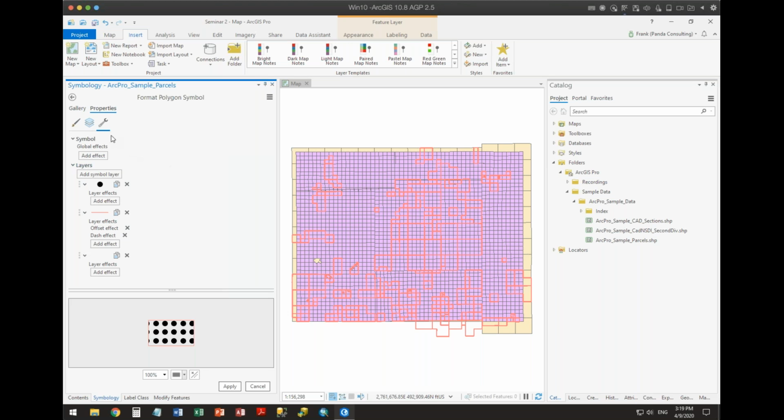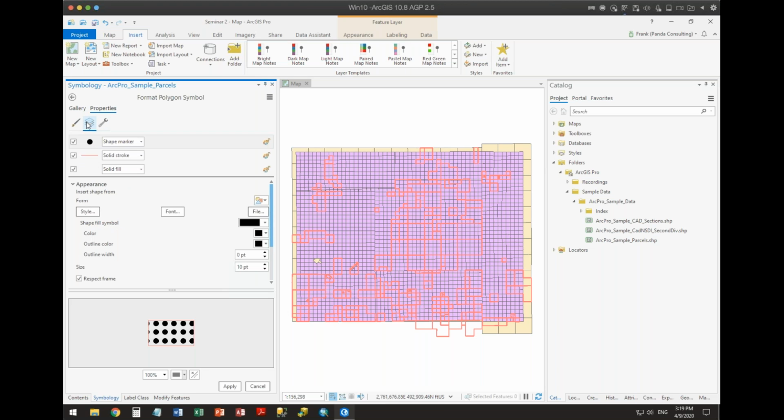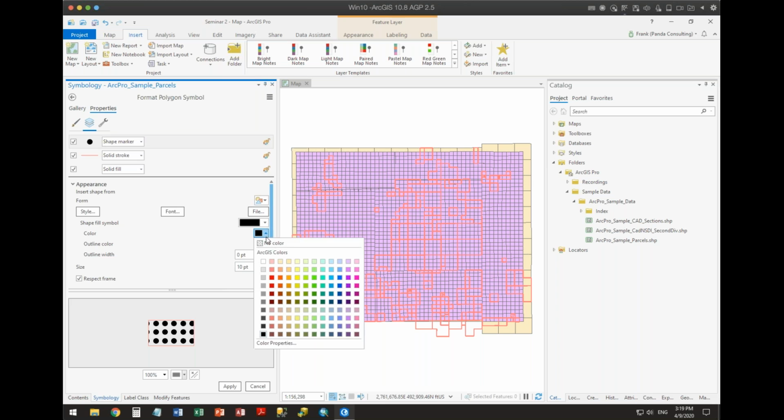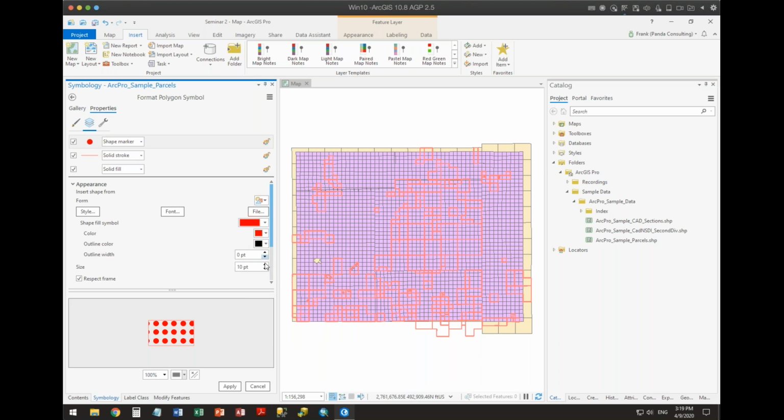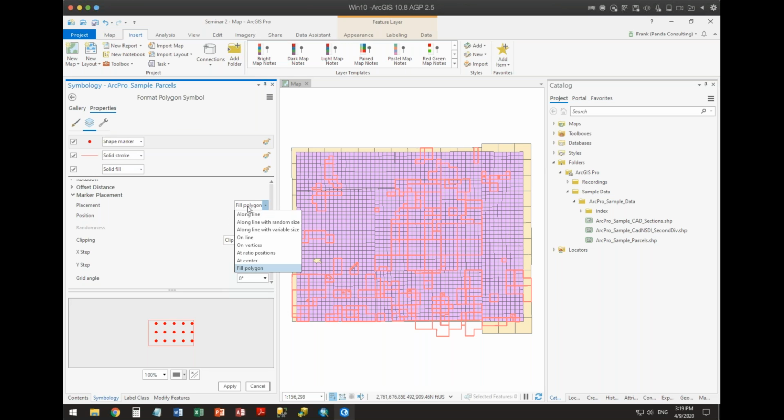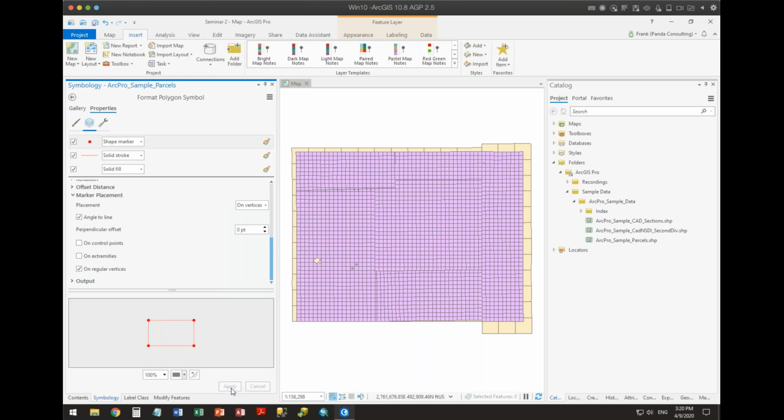It doesn't allow you to modify it or anything. It just adds it. Then you have to go back to your layer and say, okay, now let's set up what this thing is going to be like. So in here, I can click on this new shape marker that I have and tell it that I want to make that marker red. And I probably want to make it like 5 point is good. Now, if I scroll down here, I also see there's an option for marker placement. I can go to that marker placement and say, do I want to fill this whole polygon with that marker, or do I want that marker to be on the vertices of that polygon? And now when I hit apply here,